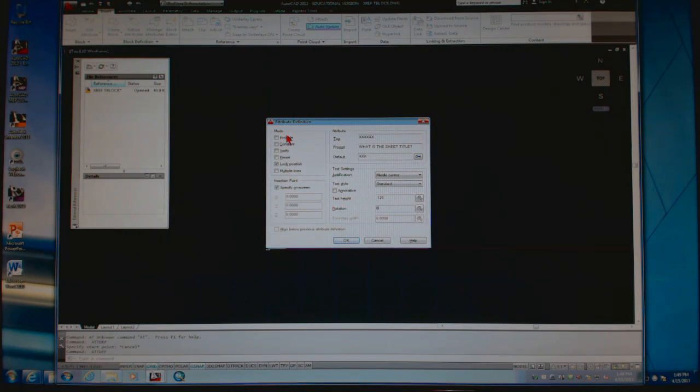Over here, all these mean different things. Invisible: if this box is checked, the attribute will be invisible. You can make it visible later by typing the ATT-DISP command and selecting On. I don't know why you would want it invisible unless